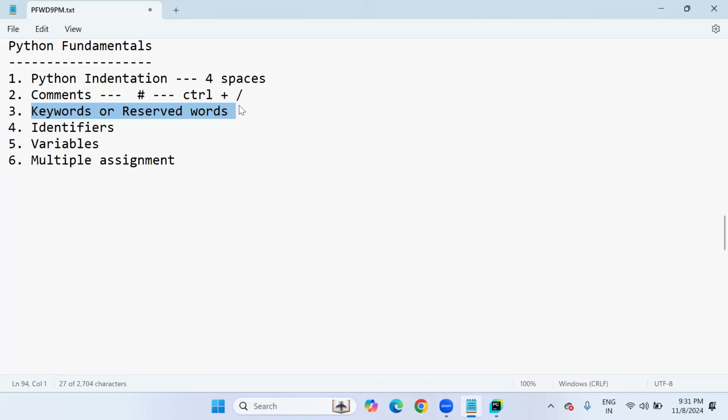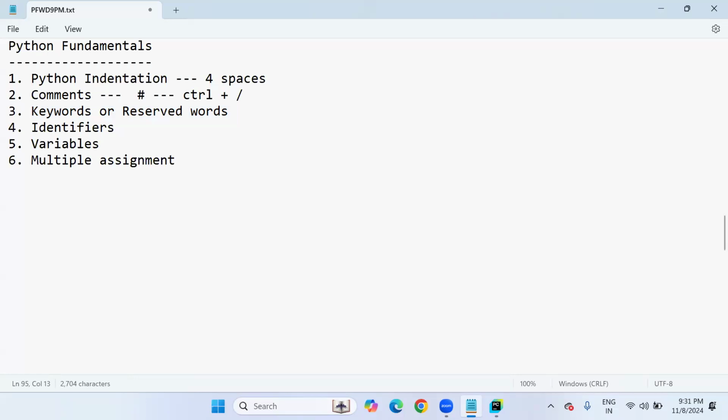If a word is reserved for a particular purpose, you as a programmer must use it only for that same purpose. You can't use the word for a different purpose. The purpose is very important. The purpose is fixed. Those are called keywords. So how do I know what kinds of keywords are there in the Python language? Very simple, sir. Anytime, if you wish to get the complete keyword list, or check whether a particular word is present in the keyword list or not,